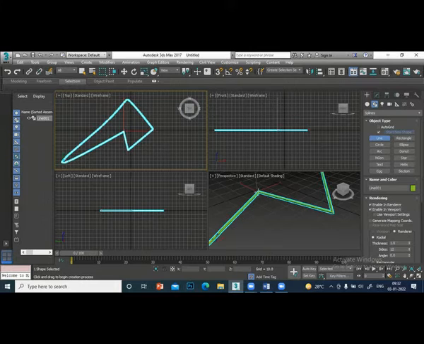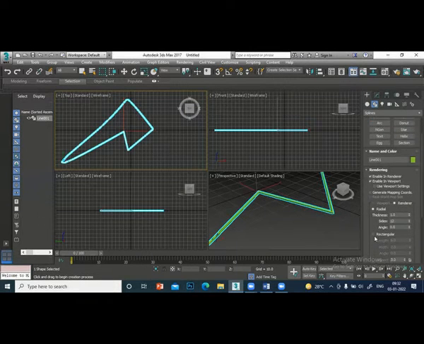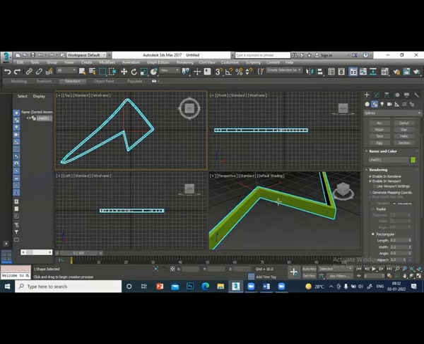Suppose you want to give the thickness in rectangular, select rectangular. You can see the rectangle, and you can adjust the length and width. So this rendering can sometimes be very useful. Where will you use it? For example, suppose you want to create a window grill, door grill, or a gate. You create it in AutoCAD, whatever method you want, import it here and turn the rendering on. So automatically everything becomes thicker. There you will be using this. It is very powerful.